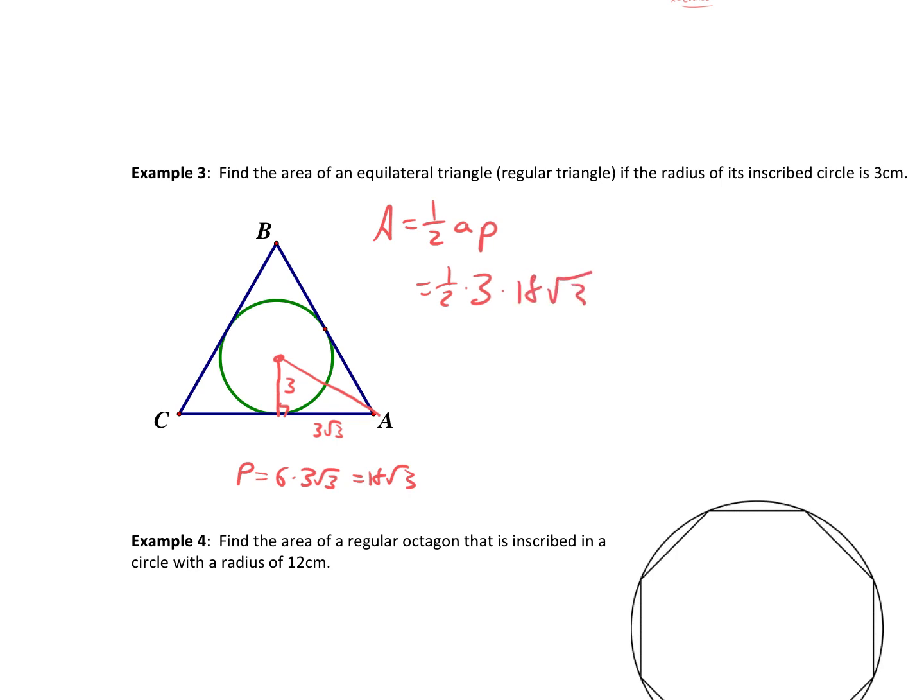Be my guest. If you want to do base times height, fine. You can find this height pretty quickly, and I mean, I just found base. It's 6 root 3. I guess it's not a whole lot quicker to do it any other way. That was about the same. So this is 9 times, 27 root 3. Do I need to do this as a decimal? I guess I can. I've been doing that all day. I'll do it here too. 27 root 3, I get